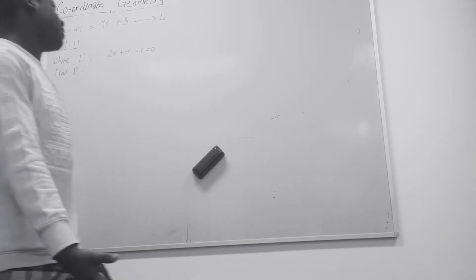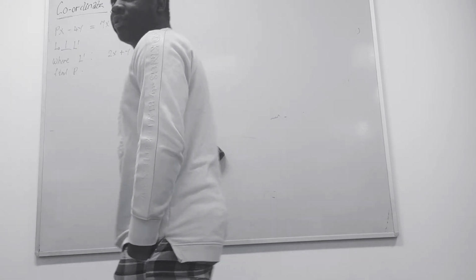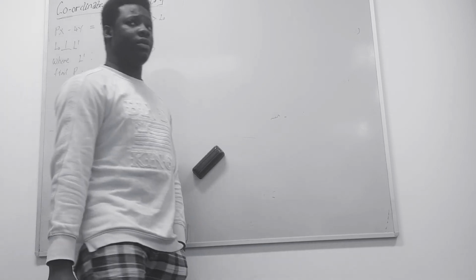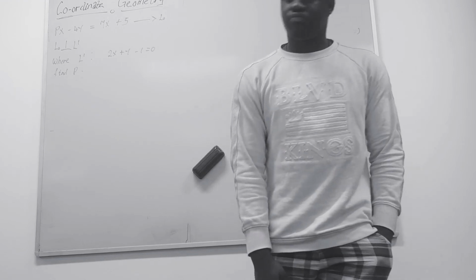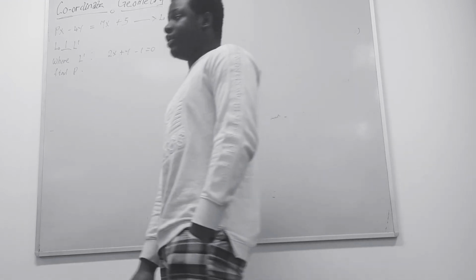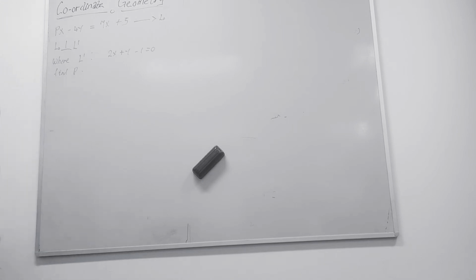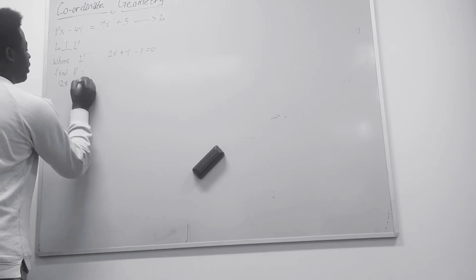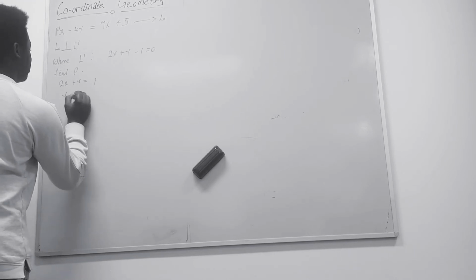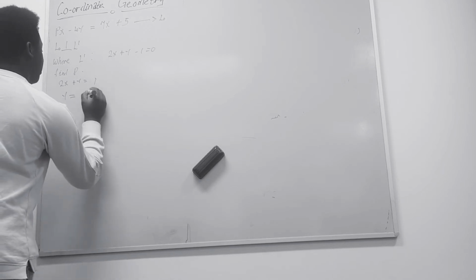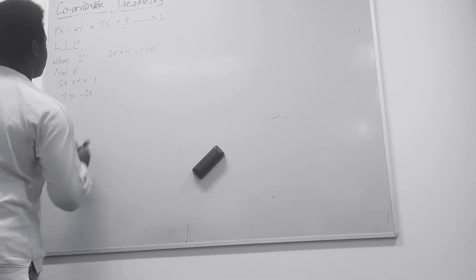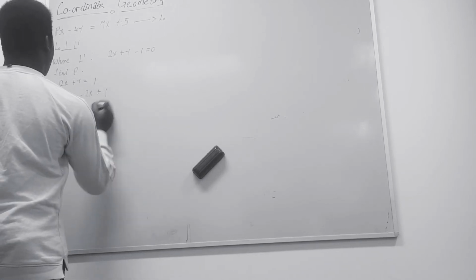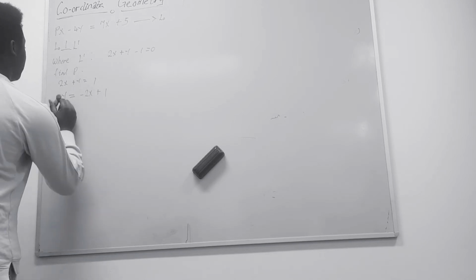Now you have to think about it a little bit. So line L0 is perpendicular to L prime. You know what that means. The angle between both of them is 90 degrees, or pi over 2. So let's write L prime in a more general form. So I know 2x plus y is equal to 1, in which case y is equal to minus 2x plus 1. We know something for sure, that